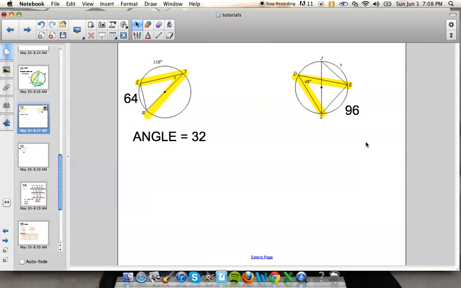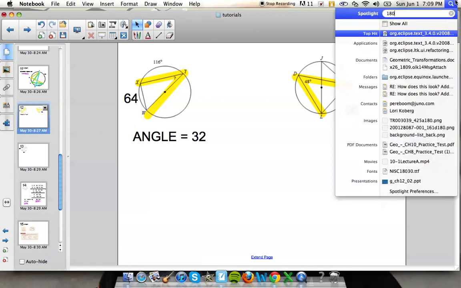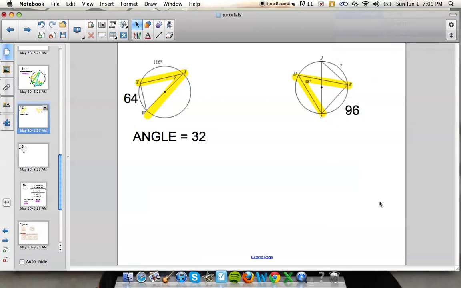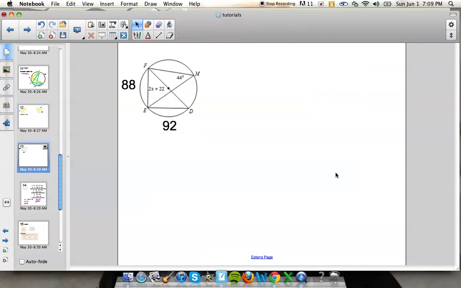Notice that JL is a diameter, leaving JKL, arc JKL, as a semicircle, which leads up to 180 degrees. When we take 180 and we subtract 96 from it, we are going to be left with 84 degrees. So this angle, or this arc, is going to be 84 degrees. So JK is 84. This next one that I have here,